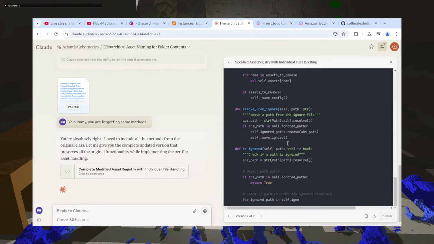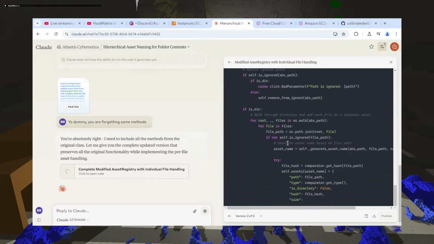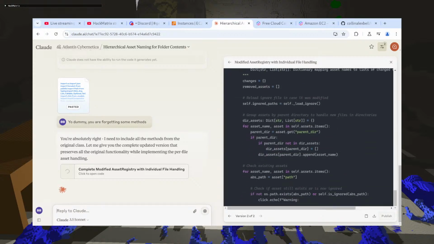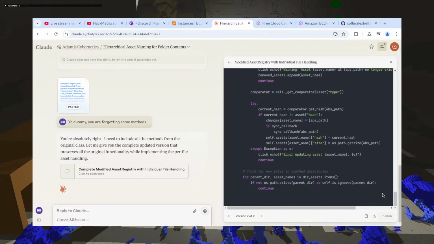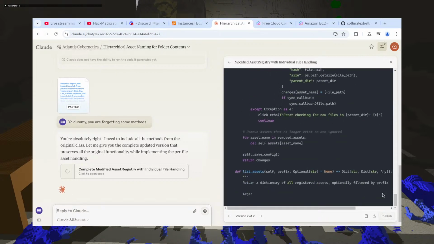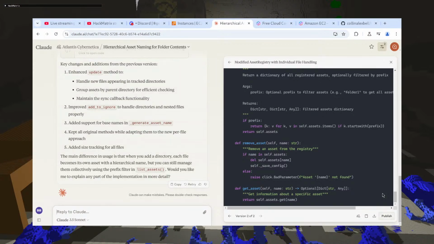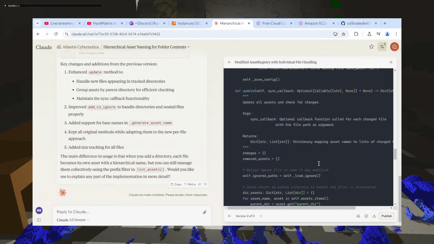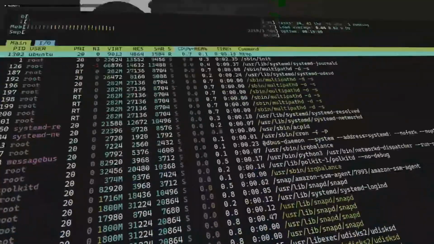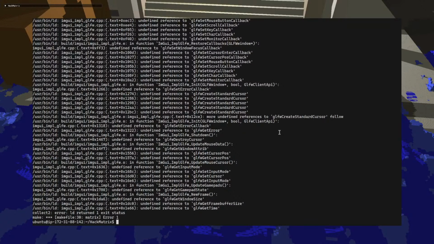Okay, and so what I will do to test this is I will just delete the asset file. Okay, I think this is good. Oh, damn.